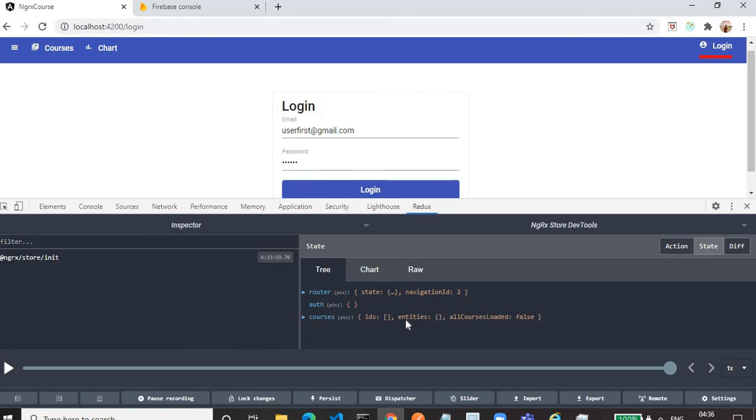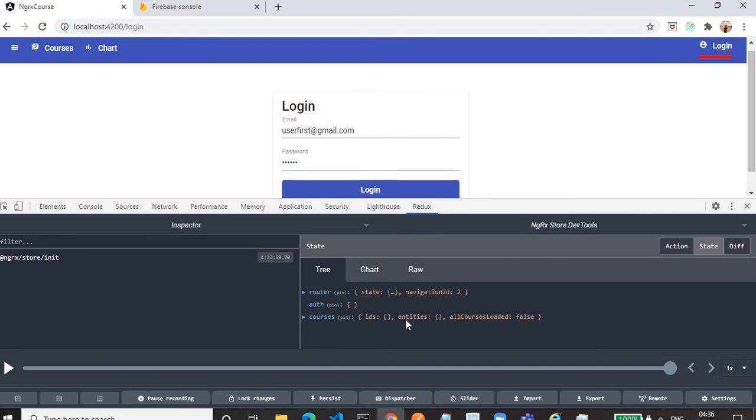With a single line of code we can manipulate an array. Like we can remove some courses from that array, we can add some courses to that array, we can edit some courses in the array. Everything will be done by a single line. That's why we are using the entity framework here.